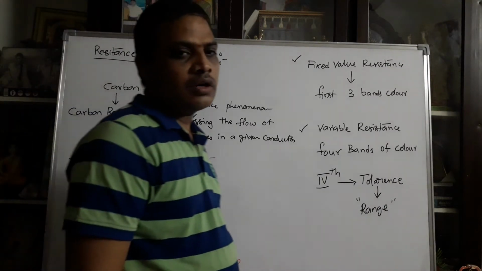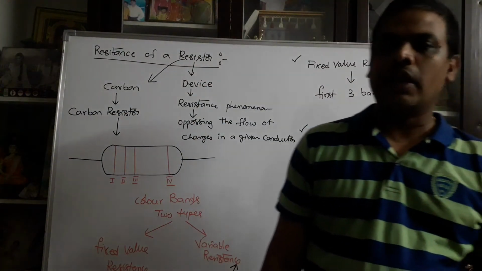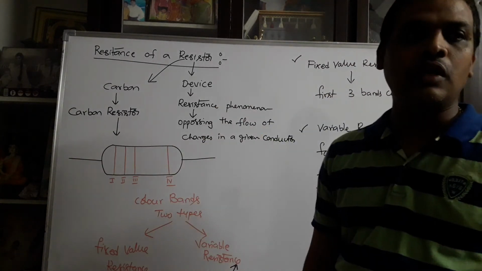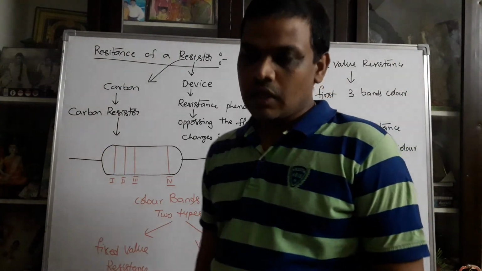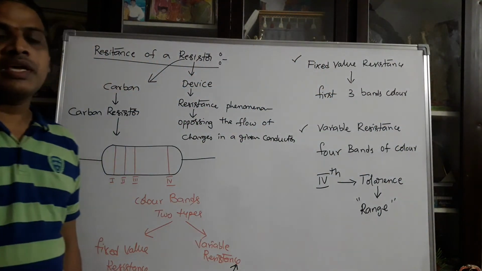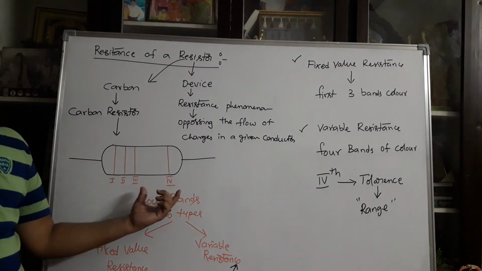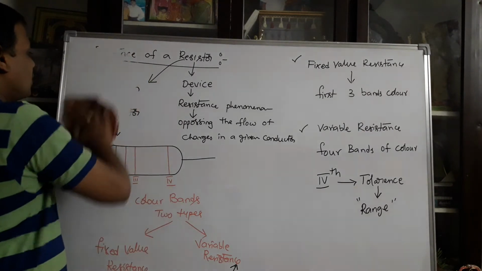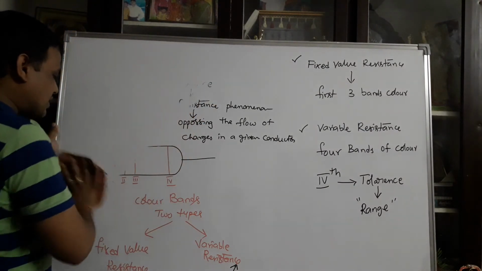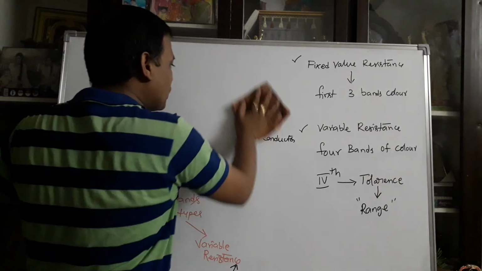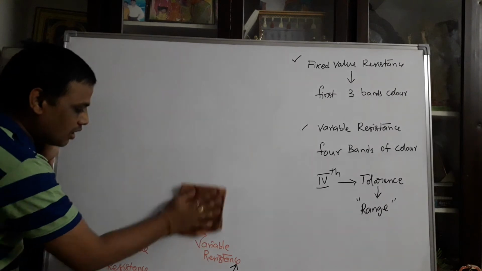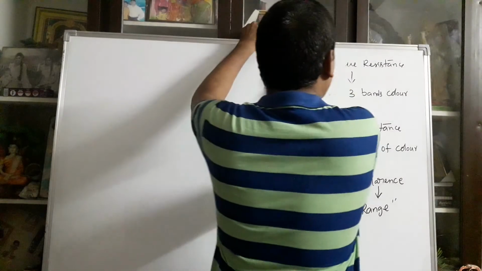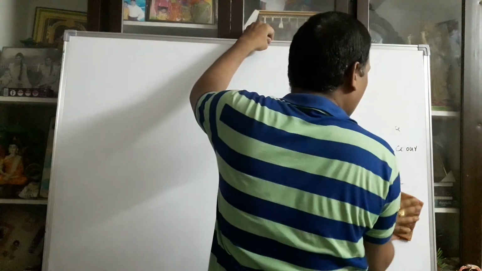In the entire world, any physics or electronics faculty must explain the color code of the resistance based on a standard statement. What is that? The standard statement is used to easily remember the colors of the bands. Every faculty member in the world must use this standard statement. That statement is used to easily identify the colors on the resistor from the practical point of view.